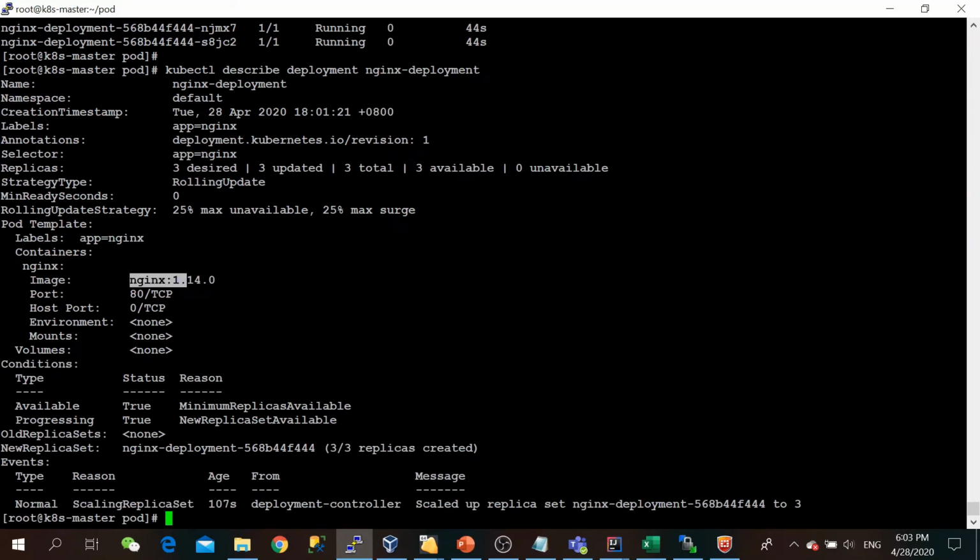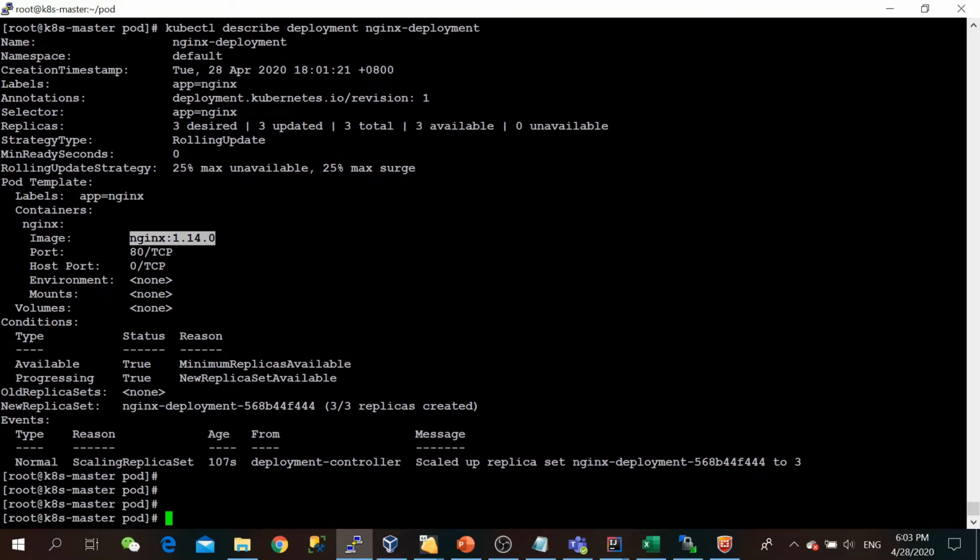So we can see that the current version of my Nginx web server is 1.14. Now let's upgrade it to 1.16. How can it be done? kubectl set image, then deployment, then the API name, then my deployment name, which is Nginx-deployment.